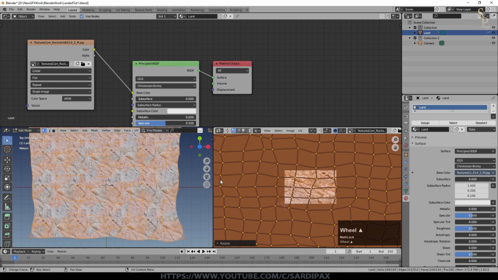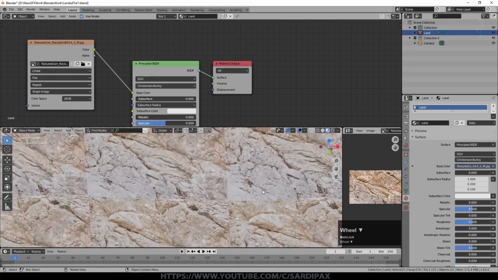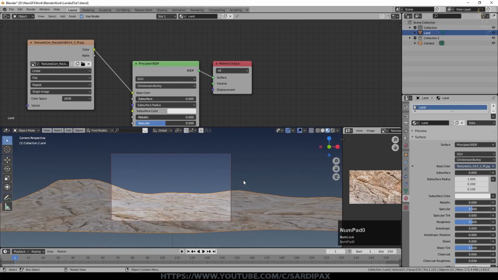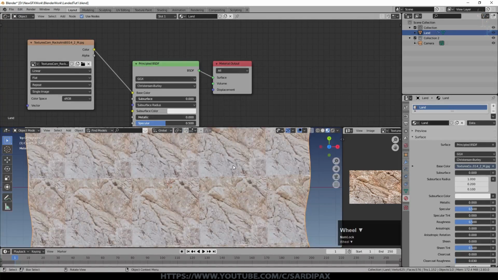there is of course a problem. And the problem is that we've now got these blocks. This is not a tileable texture per se. Now very often you won't see that very much anyway, so it won't really be a problem. But we're going to do something just to reduce the effect of that.